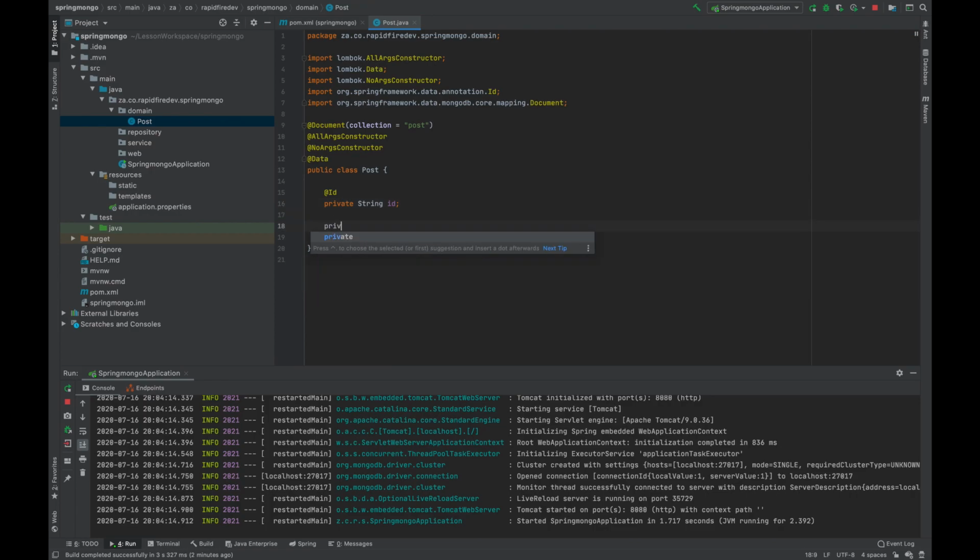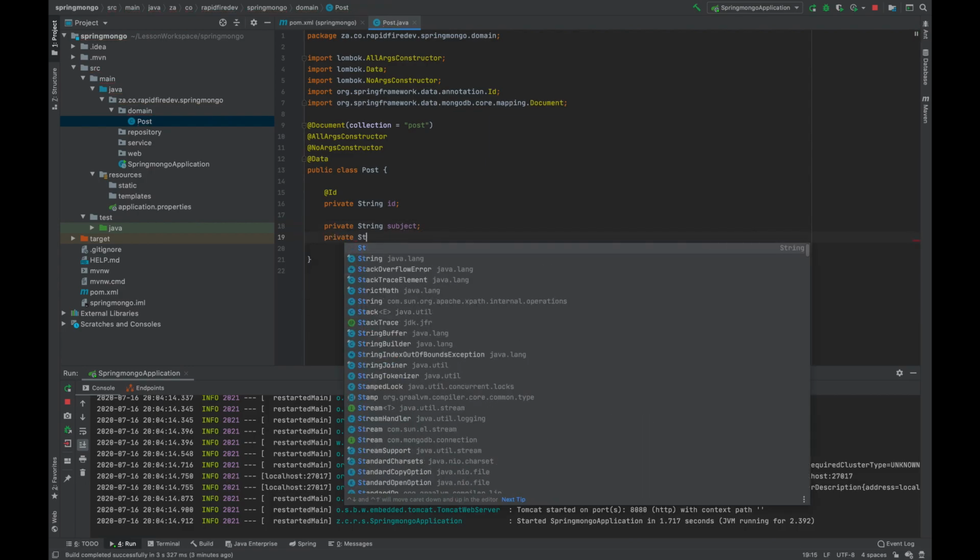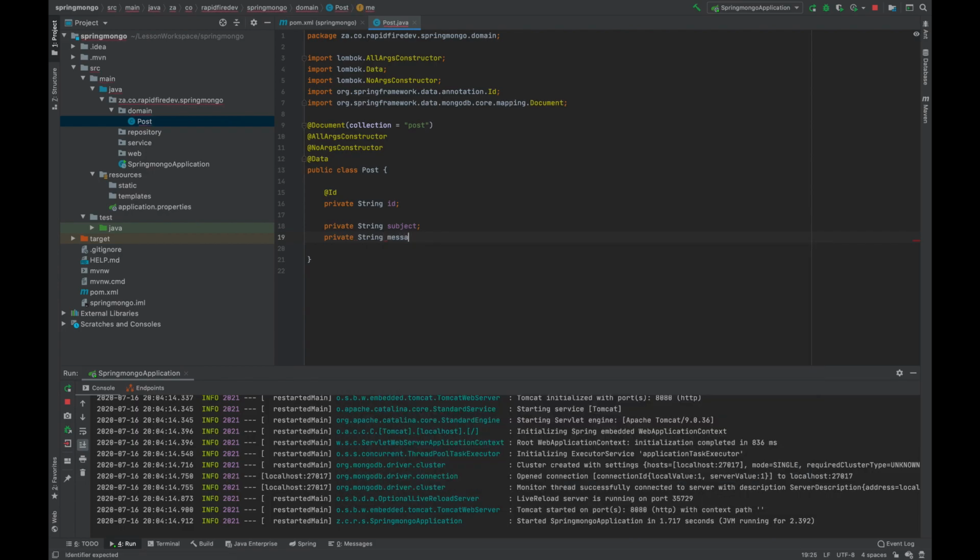We're going to set up a subject for the post, and we're going to set up a message for the post. Cool. And at this point, we'll also set up a int, we'll call it likes, and we'll count the number of times the post is liked via the API and see it saved into the